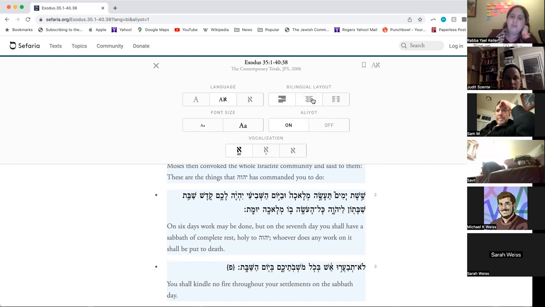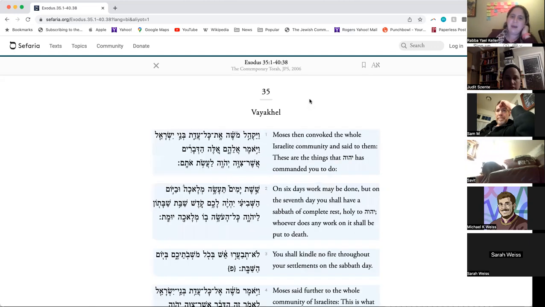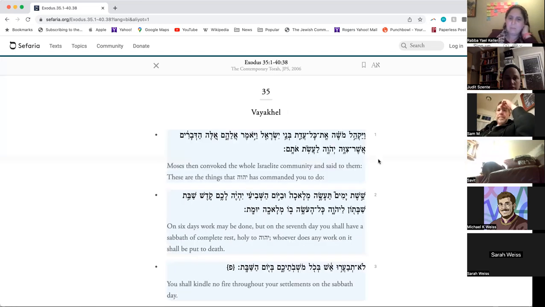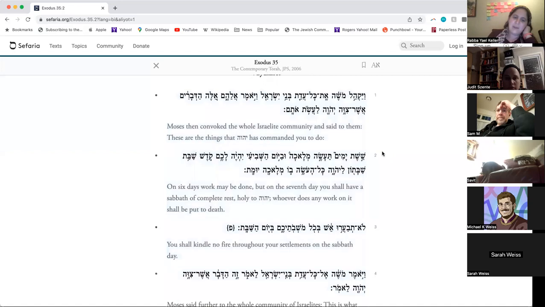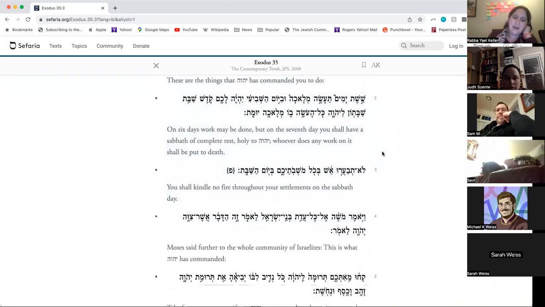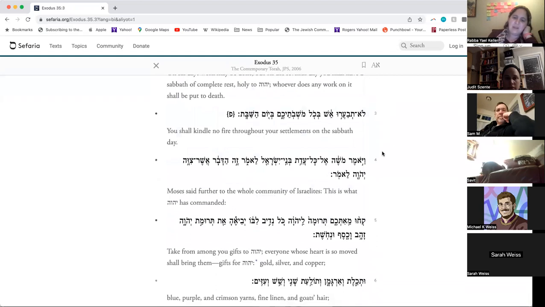If you change the layout to bilingual, then if you copy and paste, that's what it will look like when you put it on your page. I like it in the traditional Sefaria layout, which is top and bottom, but they're all good. And then let's say you start reading, and you read these beginning psukim, and you get to a place where it says verse 5,